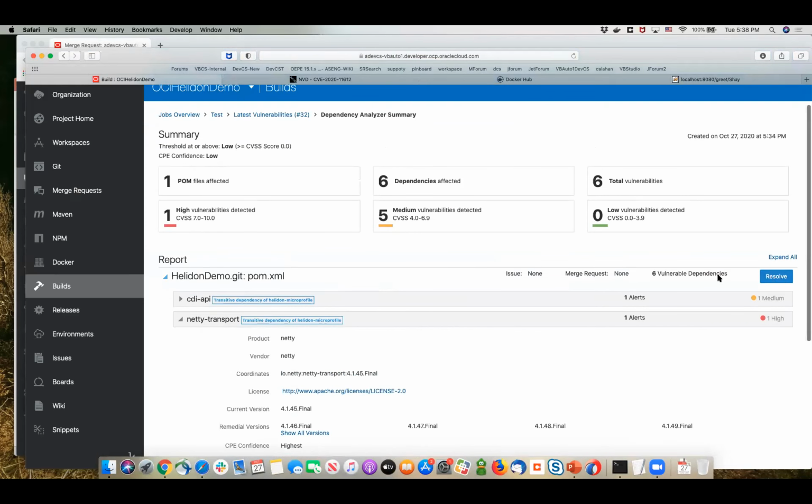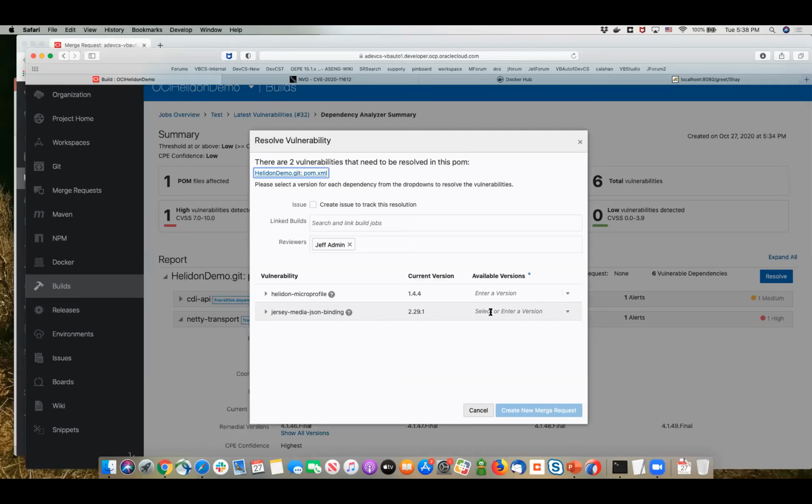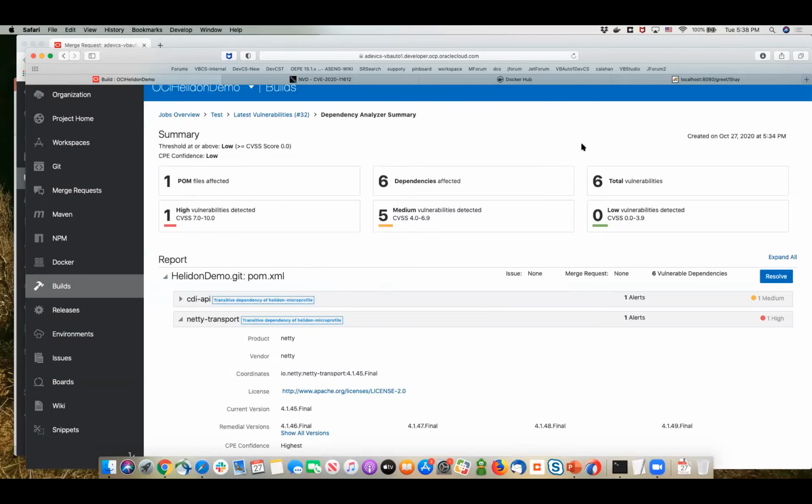If you actually click resolve, we can say, okay, you have a problem here because you're using this version of the library. We recommend that you use version 3.0, and then we can go through a complete flow of fixing those things in your code, fixing your dependencies to use the right library.